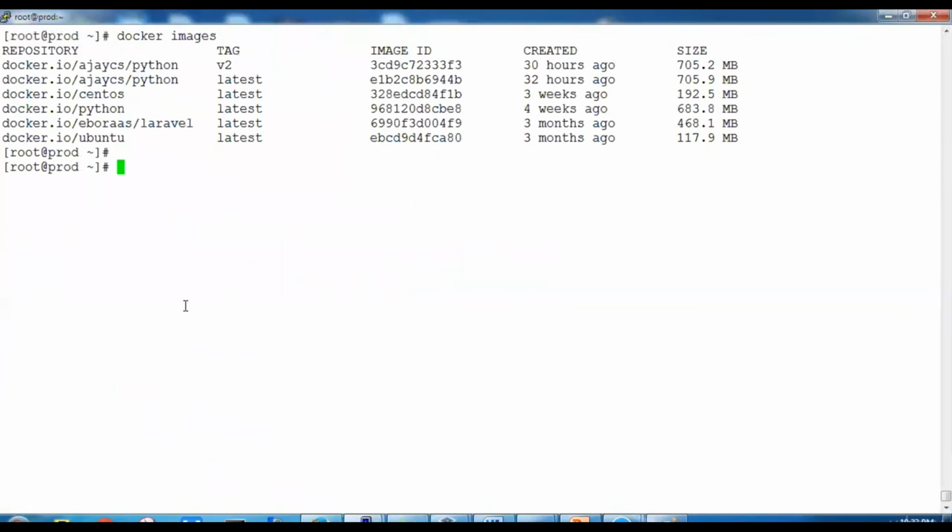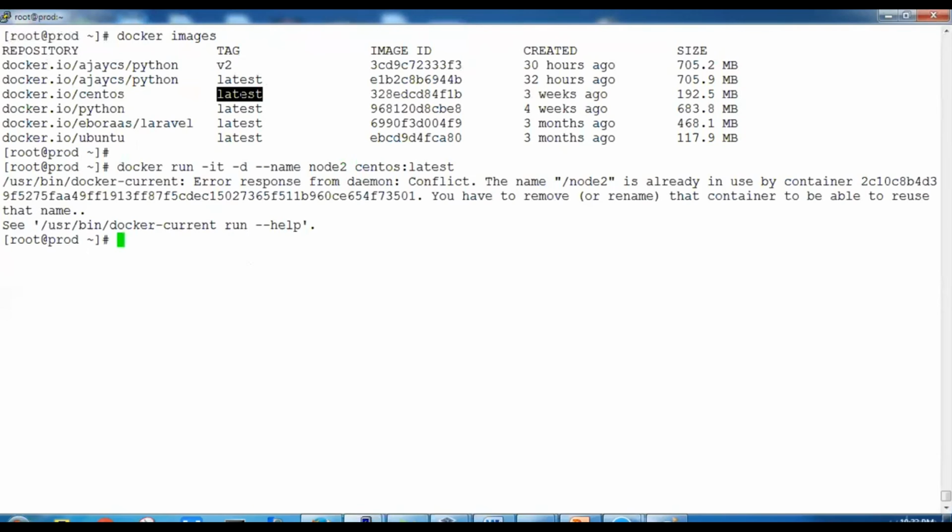Let's create one more container. So docker run -it -d, and we'll create one more. Let's say example --name=node2, and the image name is this one, centos:latest.